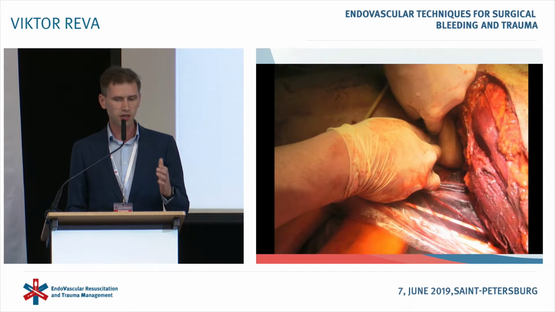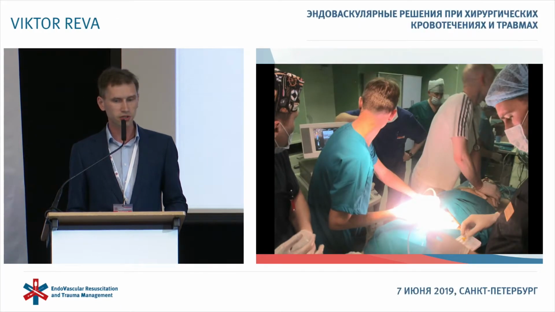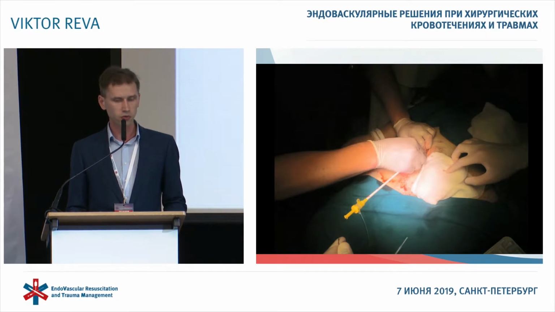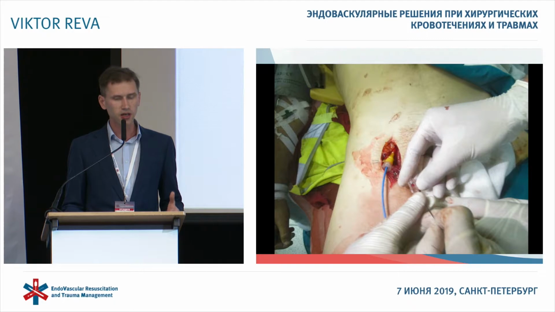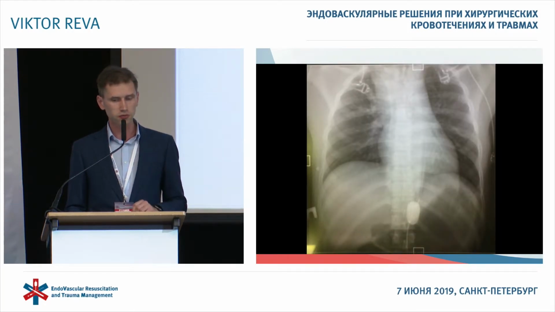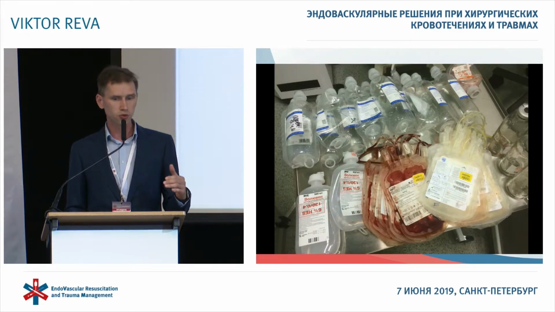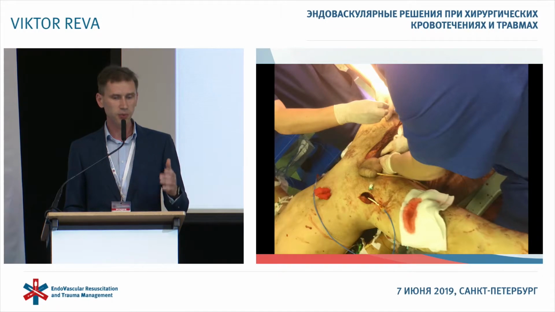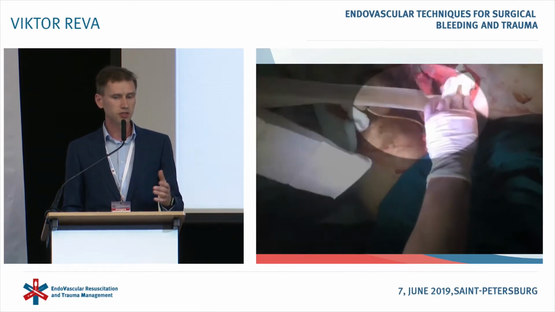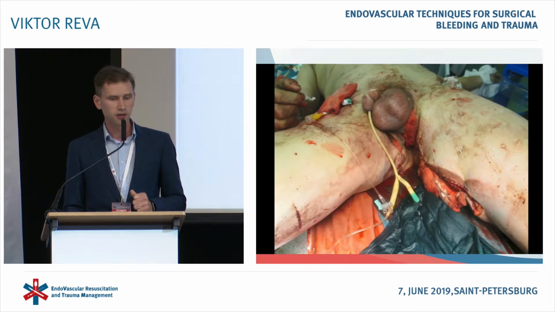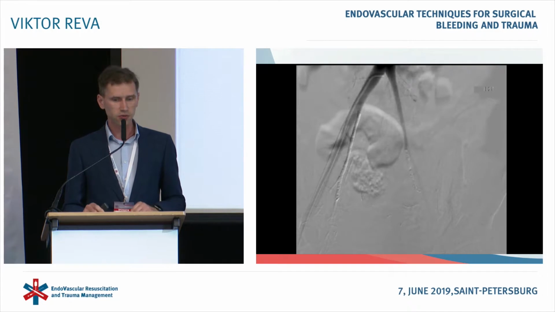Another patient fell from a height and fell on a fence. You see the groin was damaged very seriously. The patient was in arrest when he arrived at the clinic, cardiopulmonary resuscitation was going on. First zone of aorta, the balloon was installed over the diaphragm. On the background of Lucas being performed, the vein was catheterized in order to perform massive infusion therapy. After the circulation was restored, the balloon was moved down to zone 3, from which the bleeding was continuing, and tamponade of this wound was performed. Coagulopathy developed, and the bleeding continued. After the second tamponade, we embolized both internal iliac arteries with relative stabilization of the condition, and the bleeding was